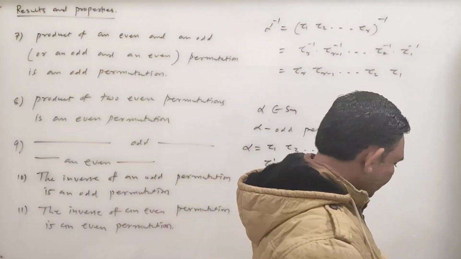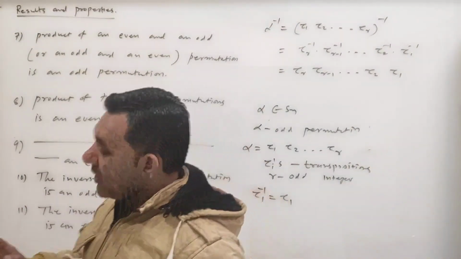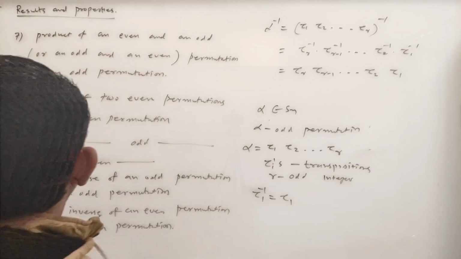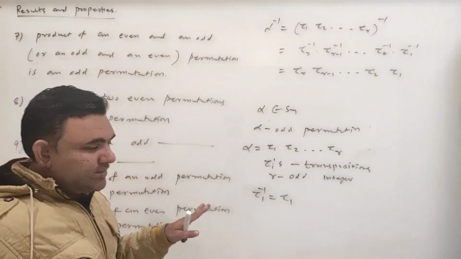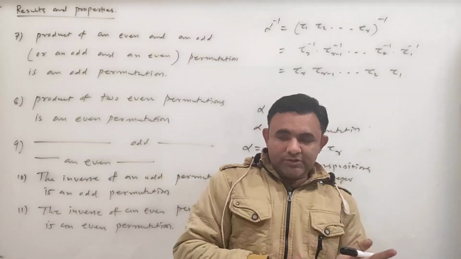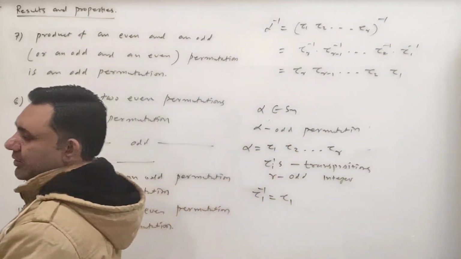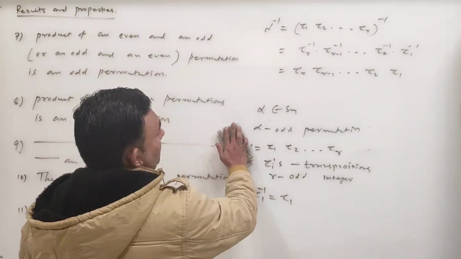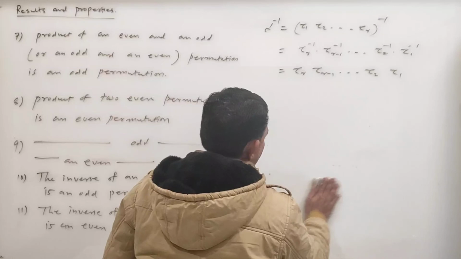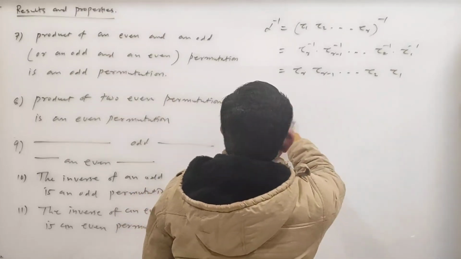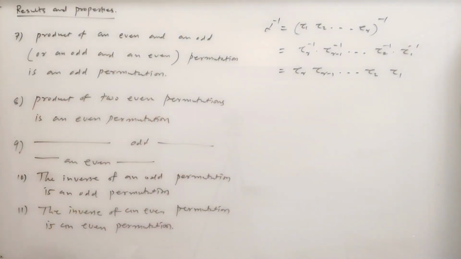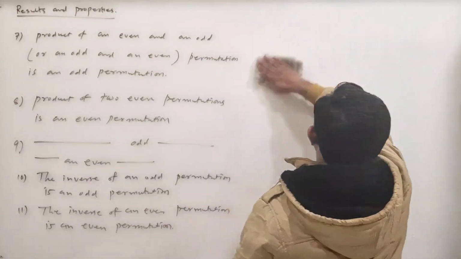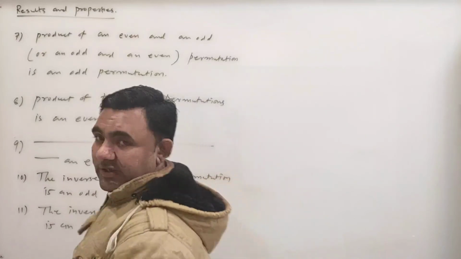Okay, so this is about some results based on the nature of the permutation, whether it is an even permutation or an odd permutation. And there is a small terminology again regarding this even permutation and odd permutation. So let us quickly see and we define it. Signature of the permutation. What is the signature of the permutation?